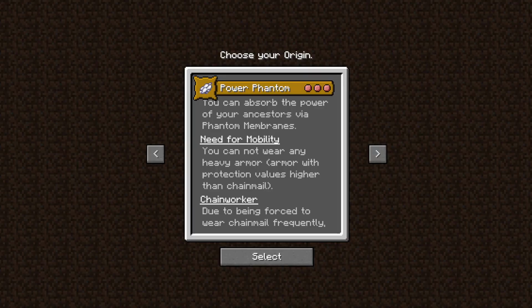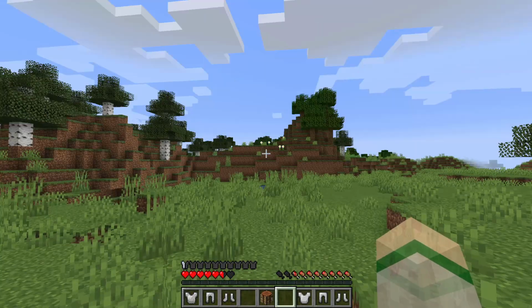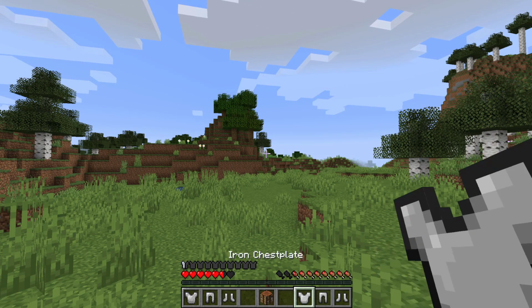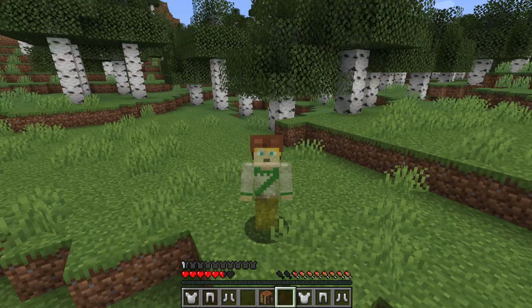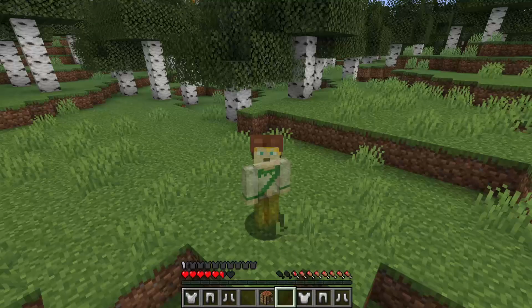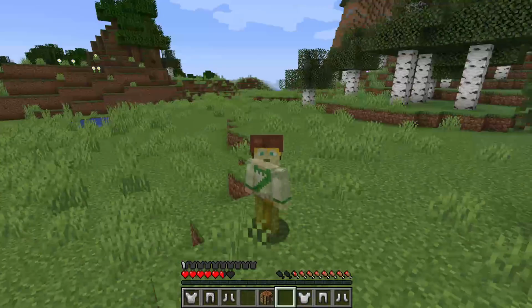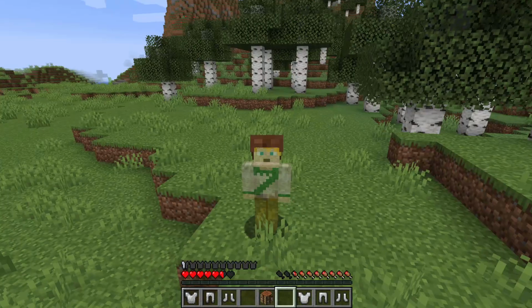Need for mobility. You cannot wear any heavy armor with protection values higher than chainmail. Right, so the other thing is you can't wear armor. Look, alright, I've basically ruined everything about what made this origin difficult. And now it's ridiculously overpowered. You don't burn in the sunlight. You know, the Phantoms buff you. So I needed to do something, and I really couldn't think of anything, so I just stole one from the